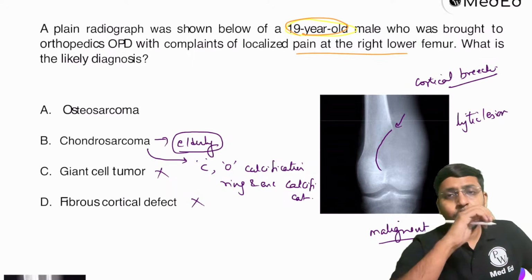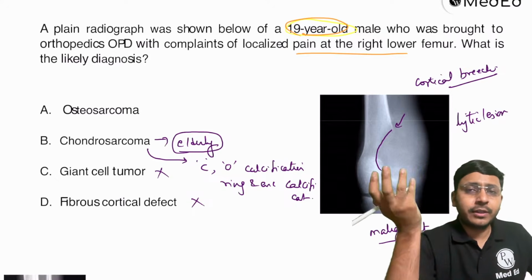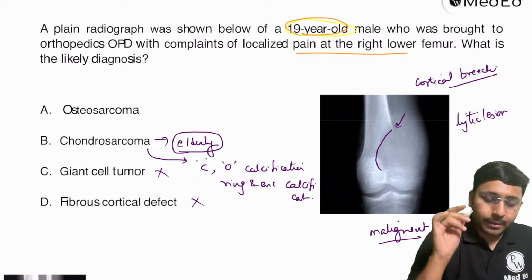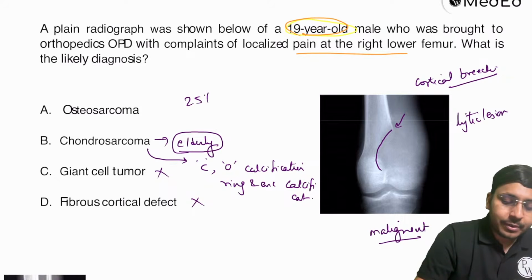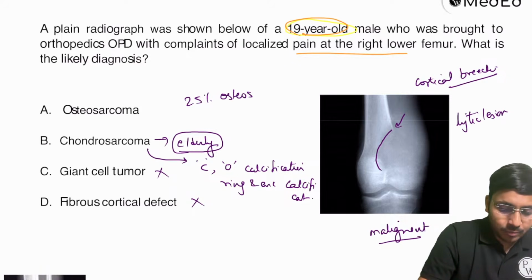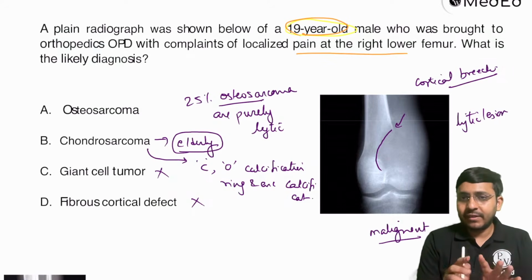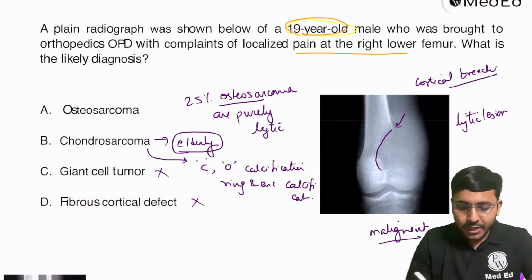Now for osteosarcoma, we will say sir, osteosarcoma shows sunburst periosteal reaction or Codman type. So remember, 25% of osteosarcomas are purely lytic. Okay? Even if you don't know this fact, 25% of osteosarcomas are purely lytic,